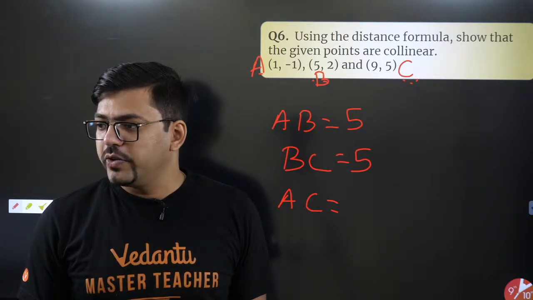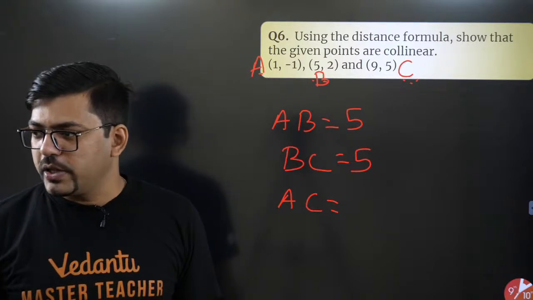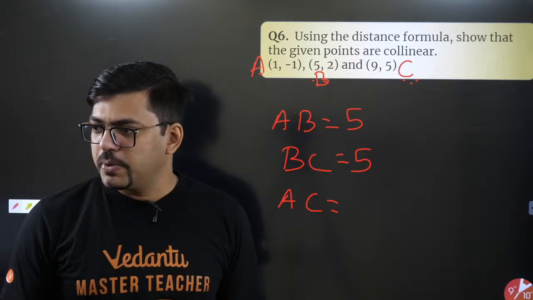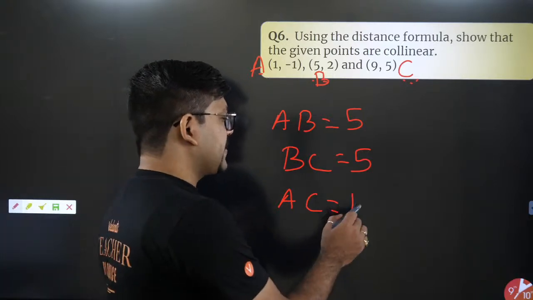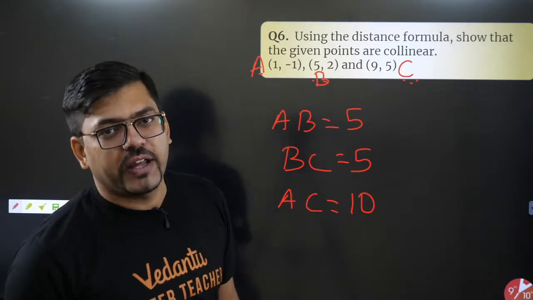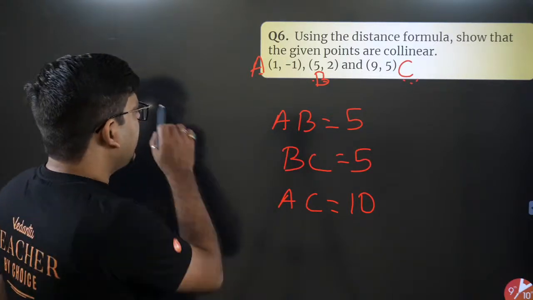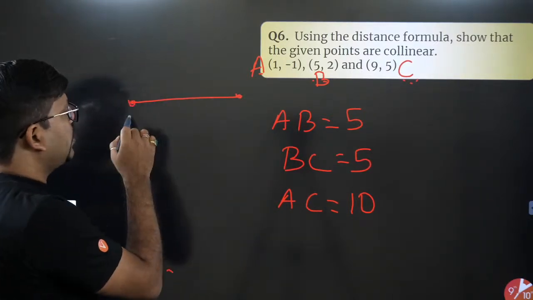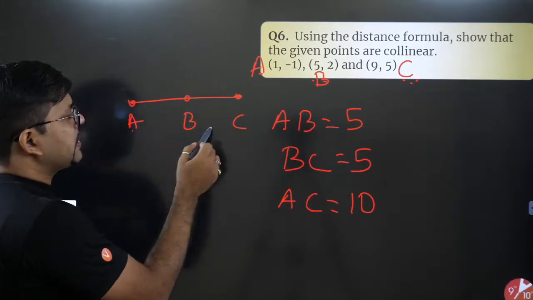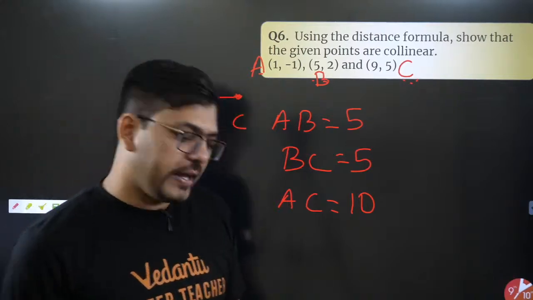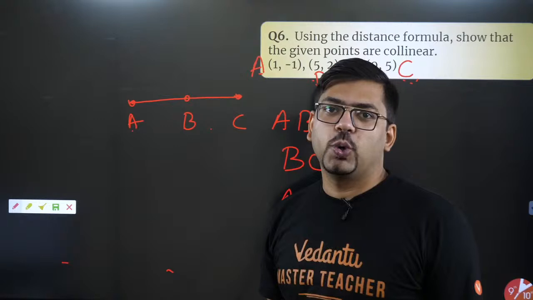AC. Okay, so Vinita, you're not right, buddy. It's not all 5. Akshara, Rudraksh, Deepak Babba, and Mehak, they are right. Rahul is also right. So it is 10. From here, I am able to see that AB plus BC equals AC, and hence it is proved that these points are collinear.